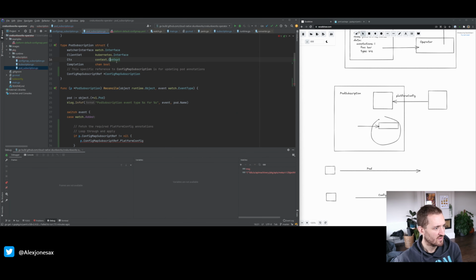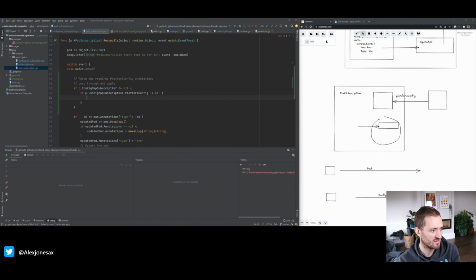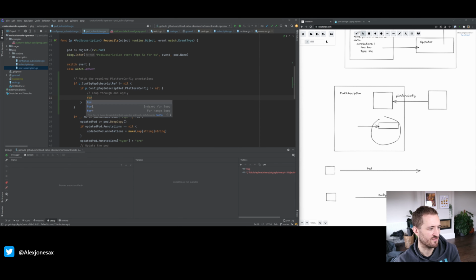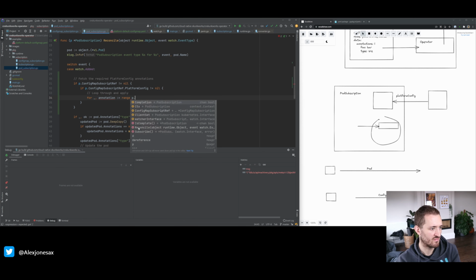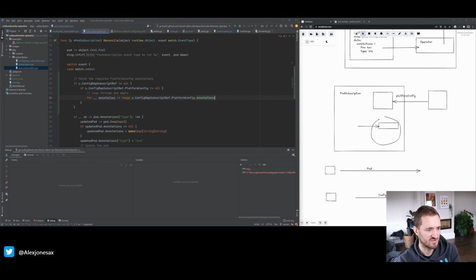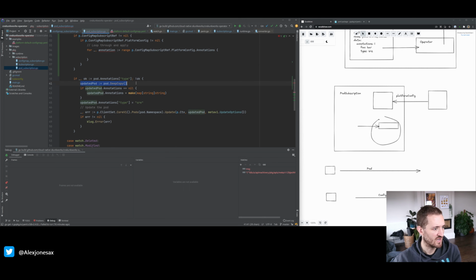It says what it means, rather. Platform config. Okay, so the platform config, again, that is a pointer. We go and say if not equal to nil. So we're in a place now where we can apply this logic. So we want to say for annotation range p dot platform config annotations. At this point we can do the same logic as before where we loop through this, and again we don't want to deep copy it more than once,